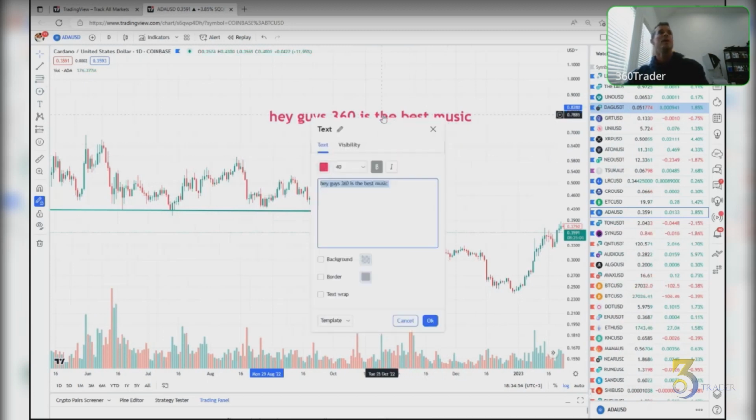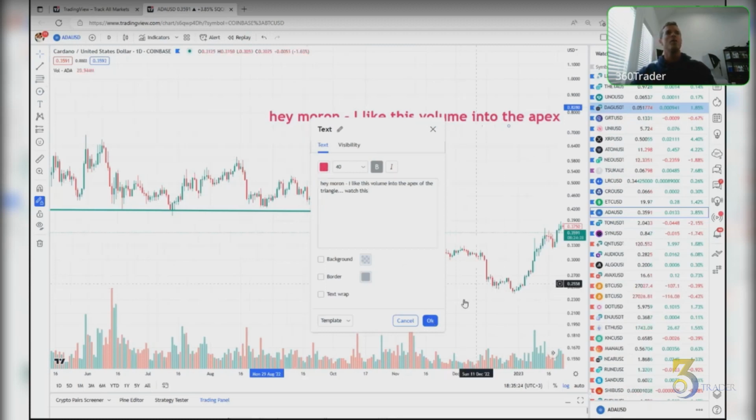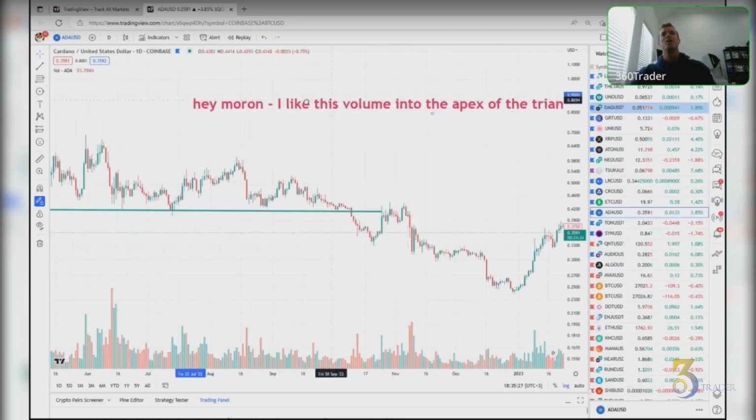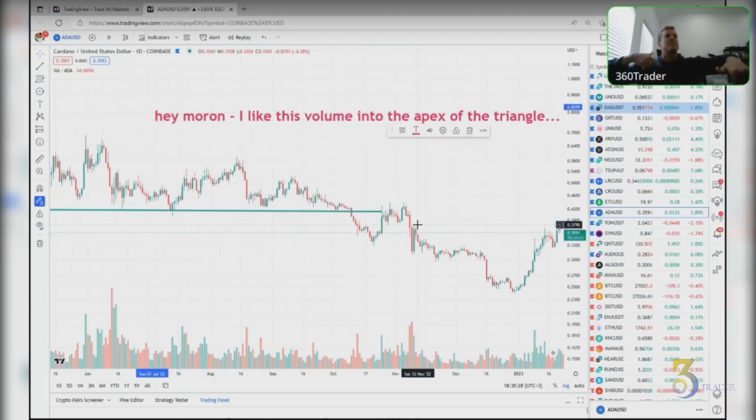But if you type yourself a note, like, "Hey, I like this volume into the apex of the triangle, watch this," then when you come back to the chart, you have a note, and you go, "Yes, okay, I got this."